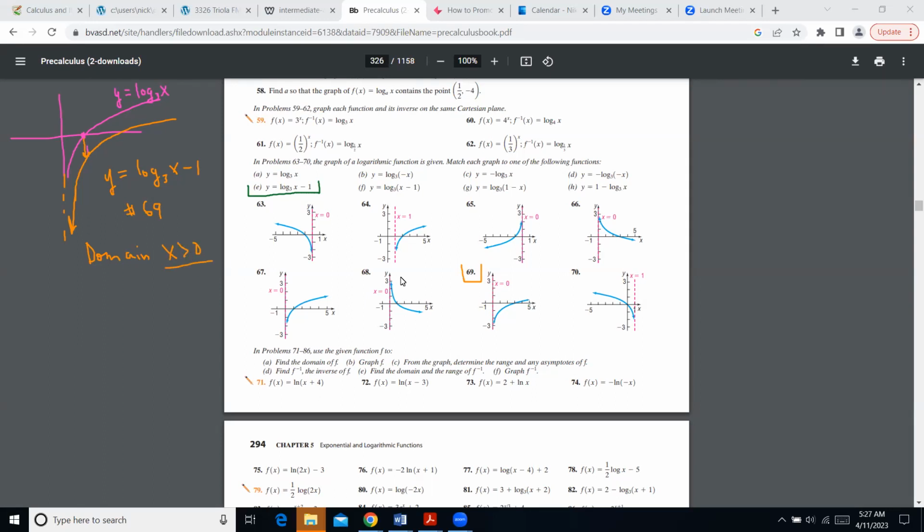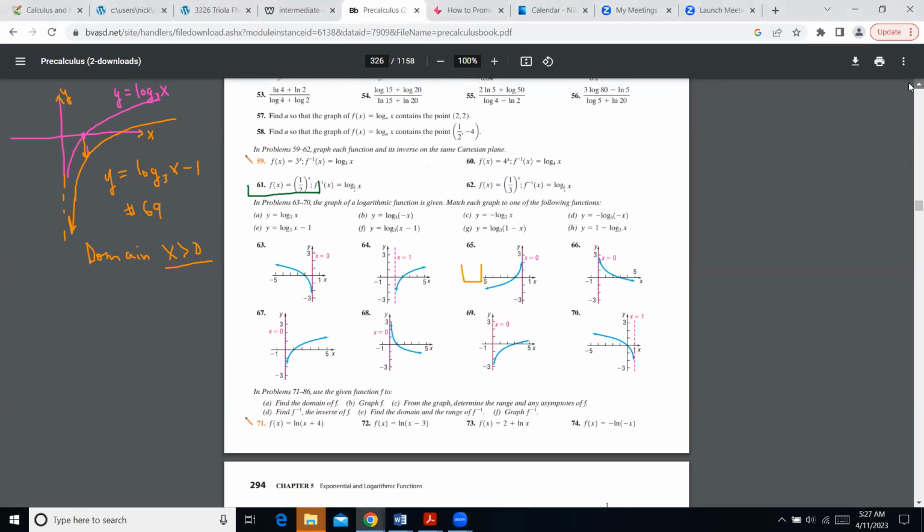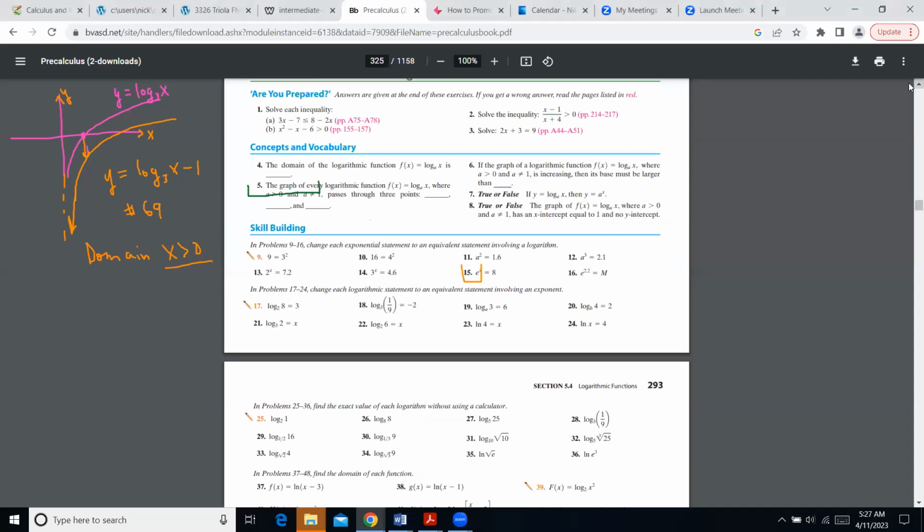Only values of x to the right from the y-axis are allowed to be taken into the logarithmic function. So let me refresh a few more ideas here about those logarithms, such as, for example, an exercise that deals with